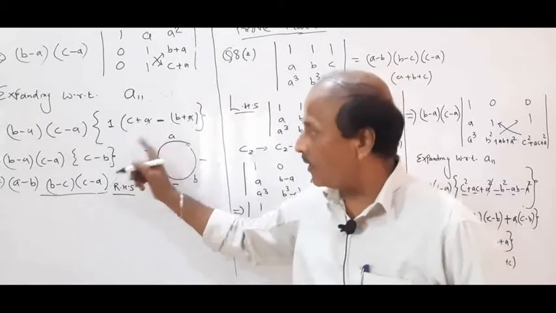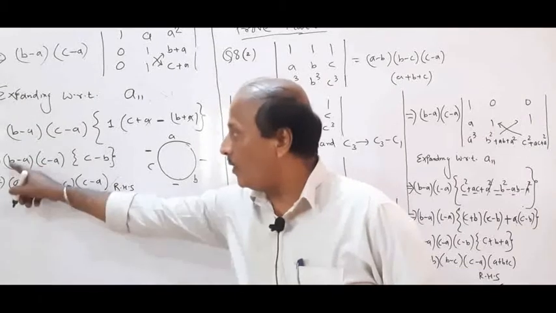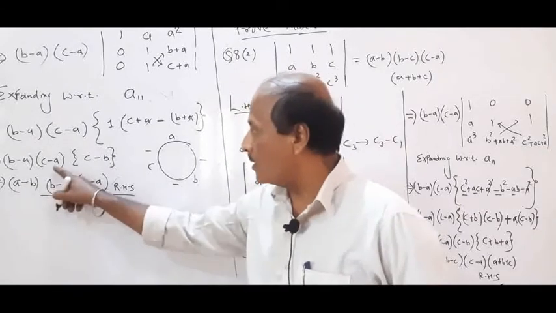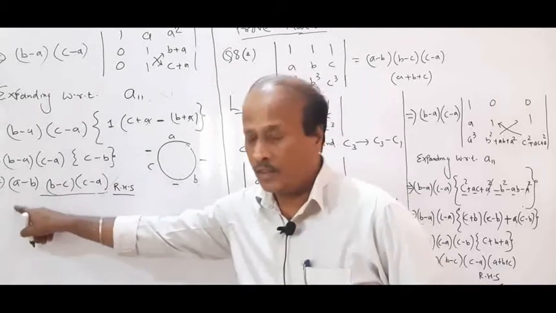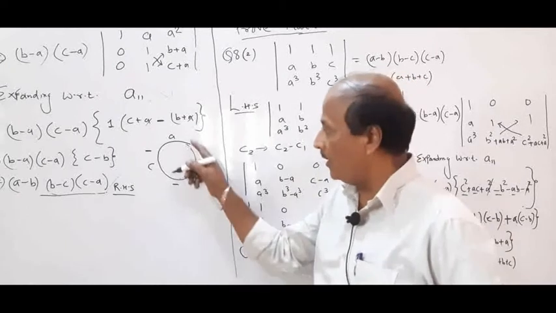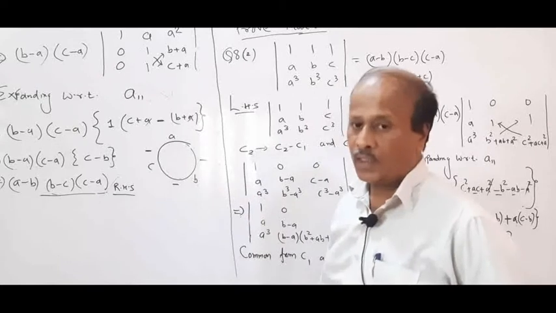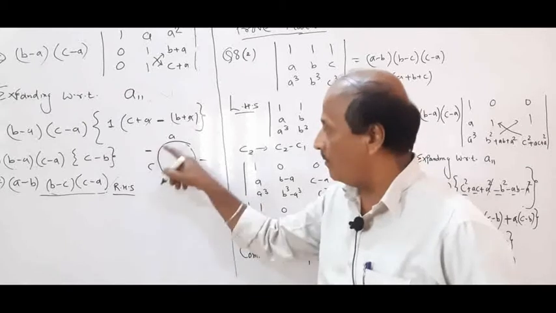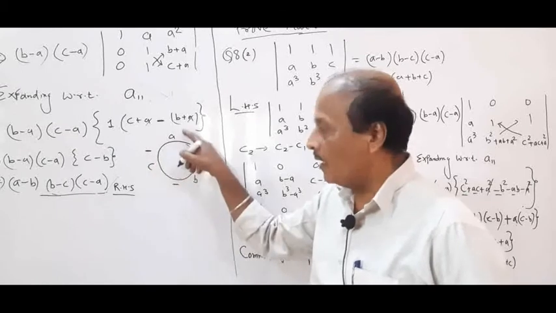But if you check, the right hand side is not like this. So you will have to interchange the places. b minus a can be written as a minus b, taking out a minus sign. Then c minus a, leave it as it is. c minus b, take the minus sign again, so it will become positive at the front, and it will be b minus c. Usually I tell the students to write the answer in the form of cyclic order. What is that cyclic order? A, B, C you write in a corner and then the minus sign. So the answer will always be in the form of a minus b, b minus c and c minus a.